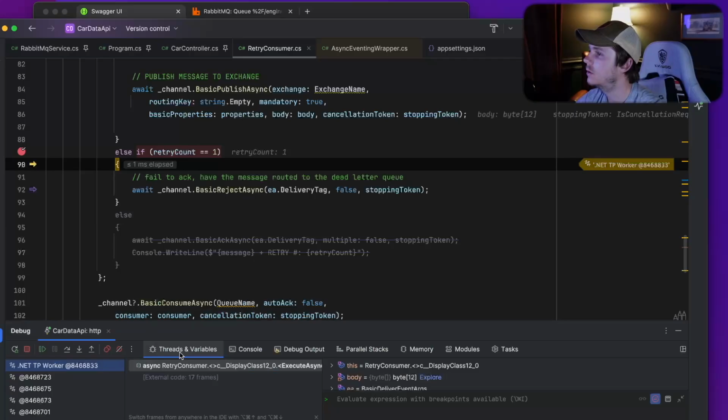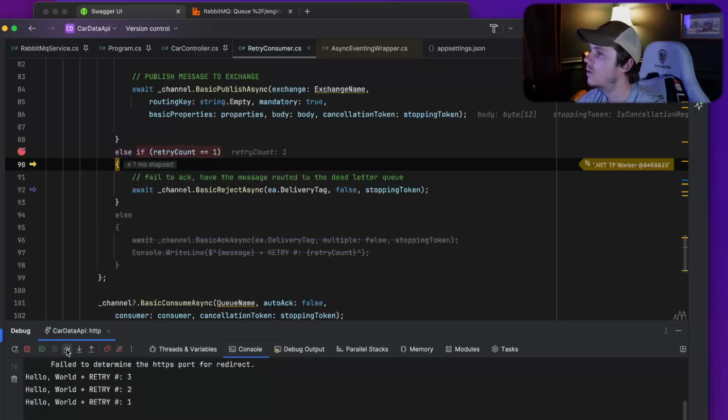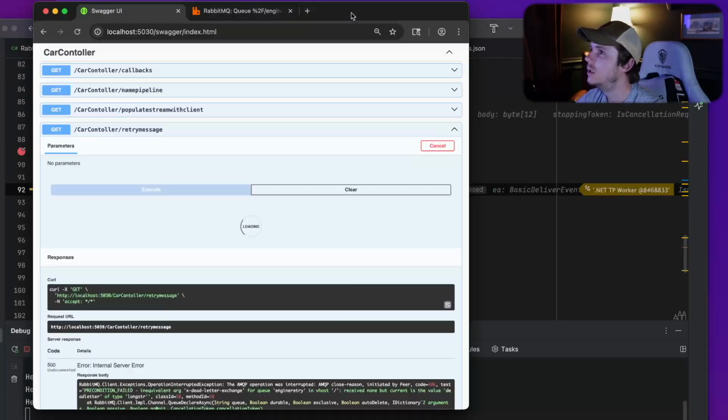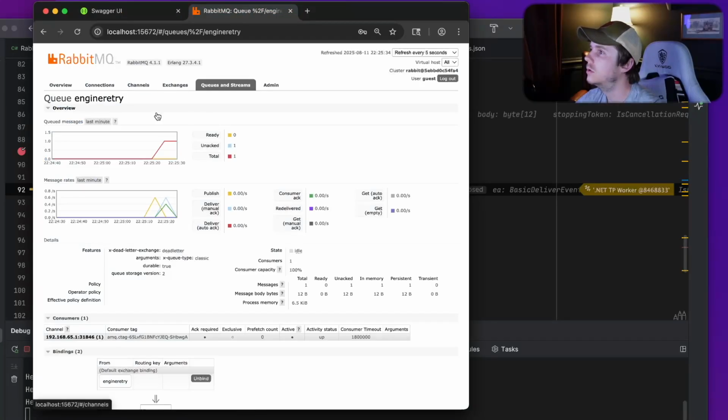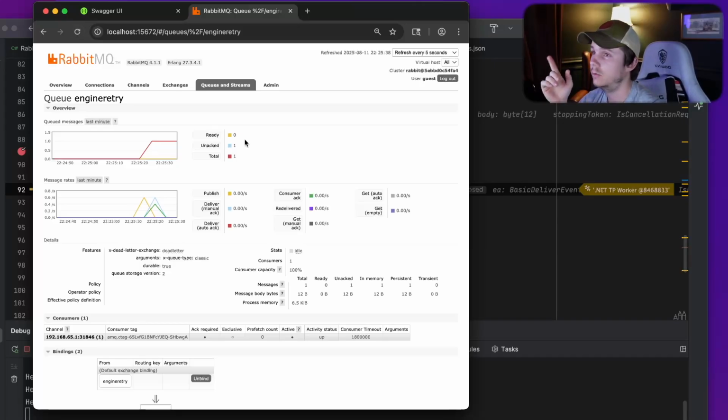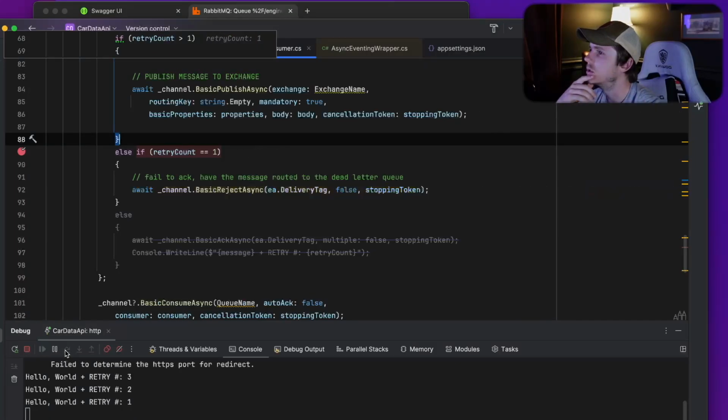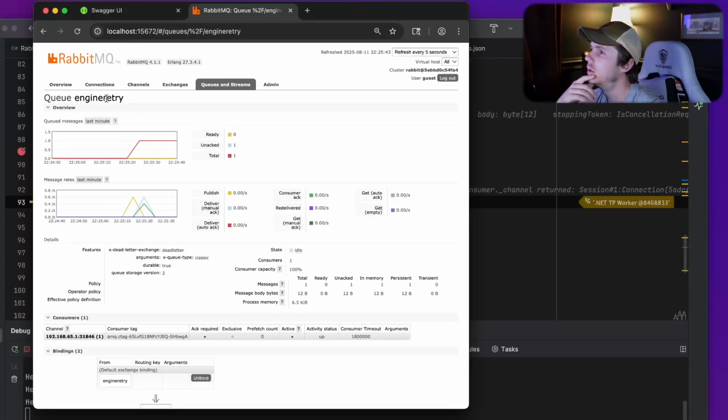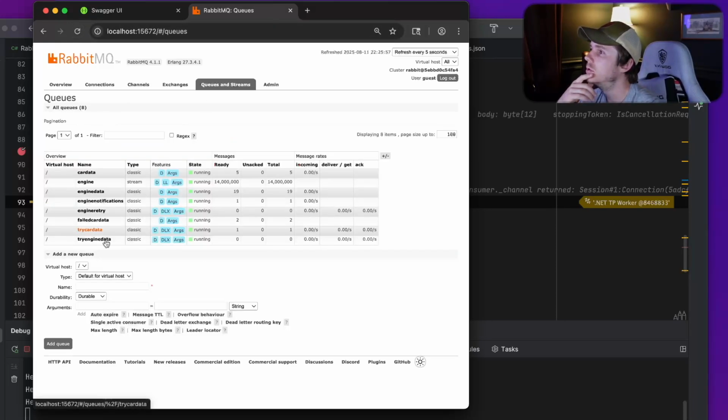So now let's step over this. Let's pull open my queue, so you can see I have no messages ready, but I have one unacked, which is the current message that we're stepping through with. Let's go ahead and step past that. So now we should have rejected it, requeue to false, and then let's hop over to our